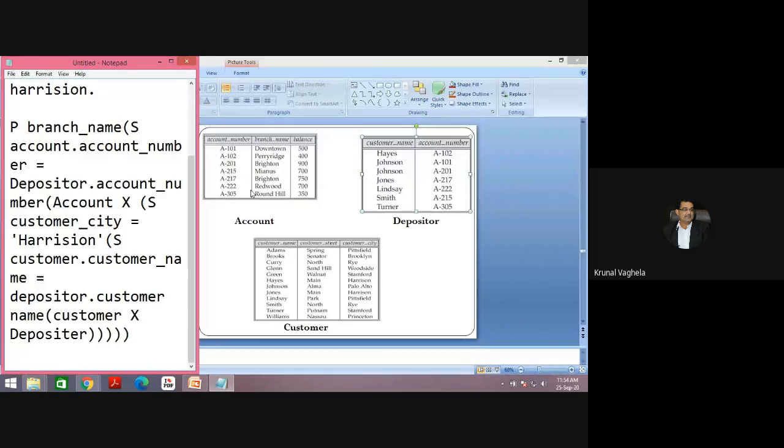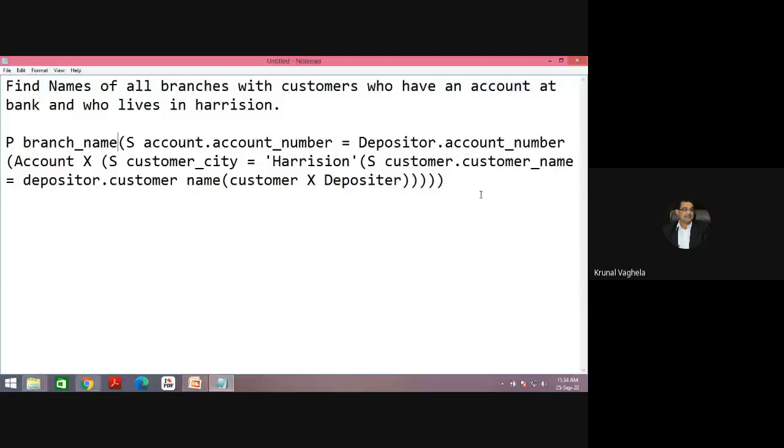Now let me put the query with the join. Now join, what we'll do, I will combine these two operations. So customer join depositor. So I will combine the two operations, customer and this.